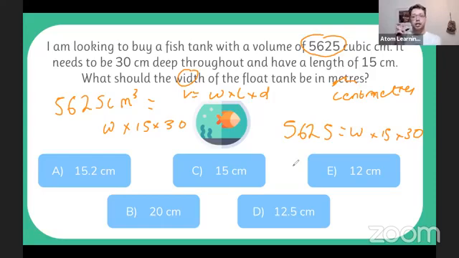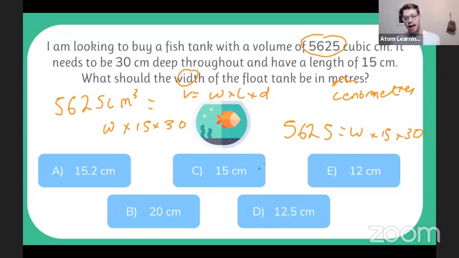It's like a plug and chug technique is what some tutors call it. I think that's a horrible description. I don't like saying it. I just say substitute in an answer choice. So we could sub in something like 12.5, being intentional with the one I'm choosing to plug in. But the important technique is to pick a middle value, because if you pick a middle value, like answer option C, 15 centimeters, we then know if we need to sub in an answer above or below it.